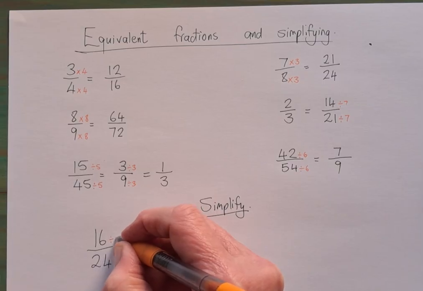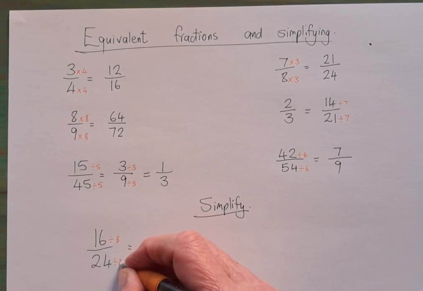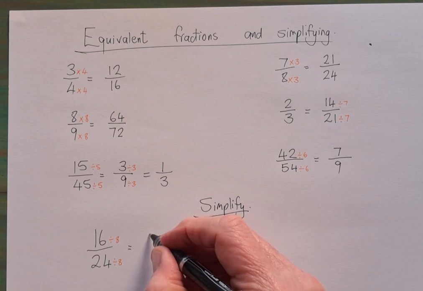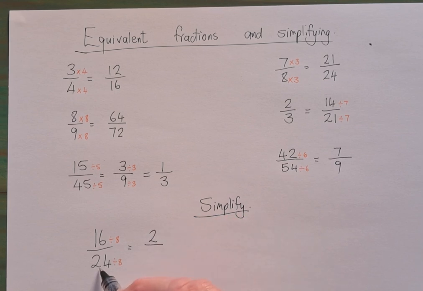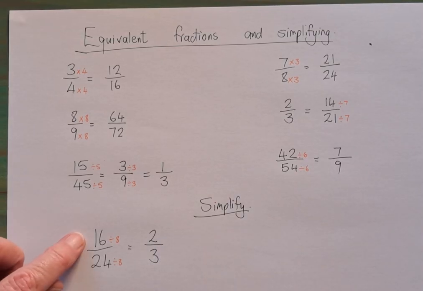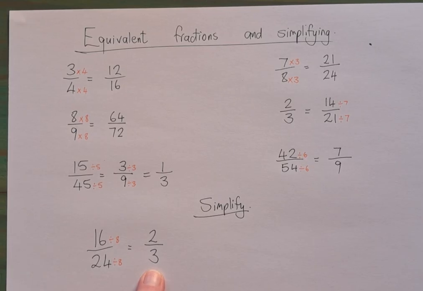So let's divide by 8 and divide by 8. And now we're going to get 16 divided by 8 is 2. And 24 divided by 8 is 3. Now, if you're trying to imagine a pizza, isn't it much easier to imagine 2/3 of a pizza than to imagine 16/24 of a pizza? And that's why we simplify fractions, because in this simplified form, they're so much easier to